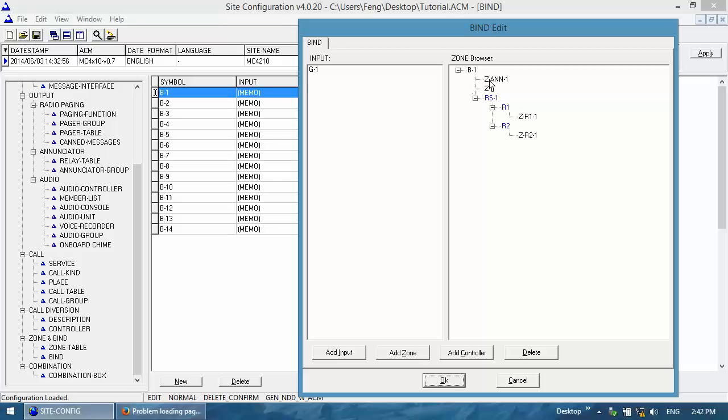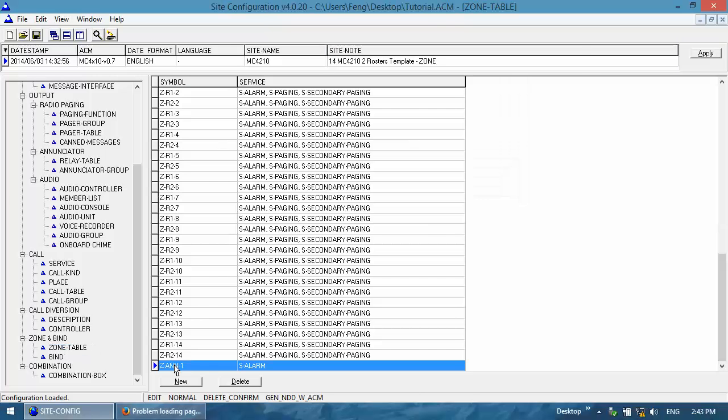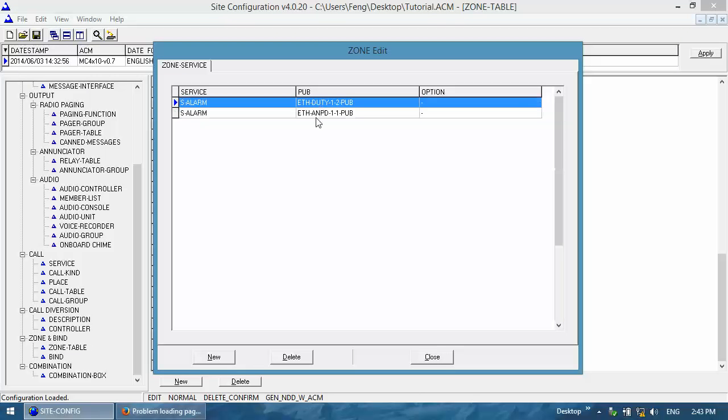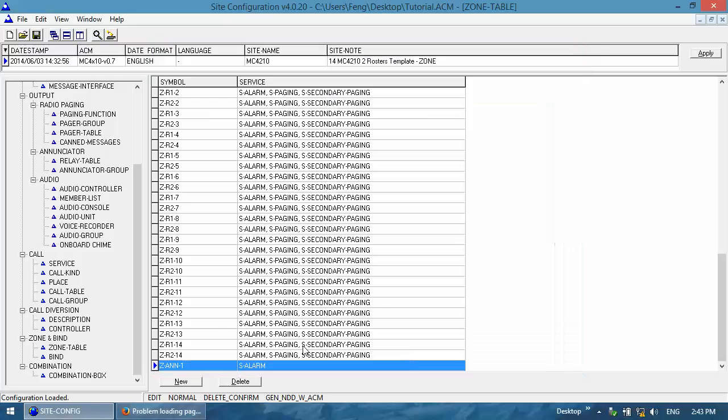After you have that, it means that whatever alarms that is put into group 1 is going to be associated both with Z1, which is there by default, and Z-ANN-1, which is what we've just created. Which means that calls coming from group 1 is going to be displayed to zone ANN-1, and what's inside zone ANN-1 are the annunciator and the duty station. So that's how you make the annunciator and duty station